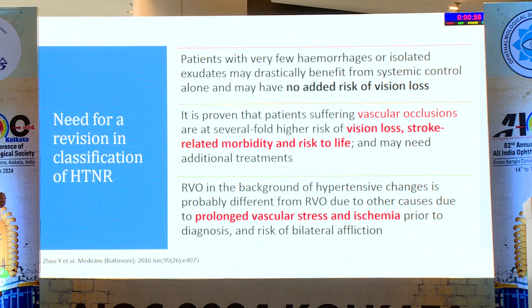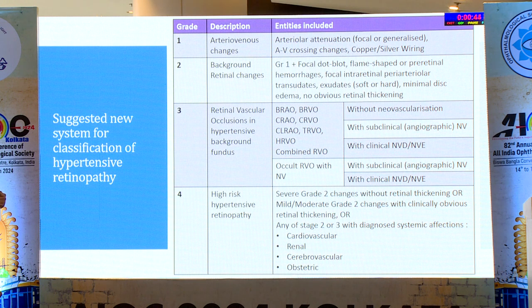Patients with very few hemorrhages have no added risk of vision loss and may benefit from systemic control alone, whereas with vascular occlusions, there is risk of vision loss, stroke-related morbidity, and risk to life. With prolonged vascular stress and ischemia, this condition may also be bilateral, as we just showed. So this is based on the expert opinion that the new suggested system of hypertensive retinopathy includes retinal vascular occlusions in a background of hypertensive fundus with or without neovascularization,